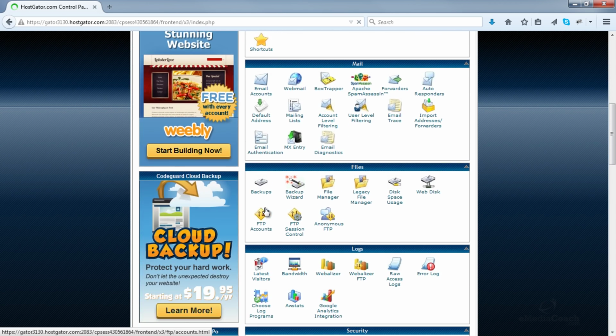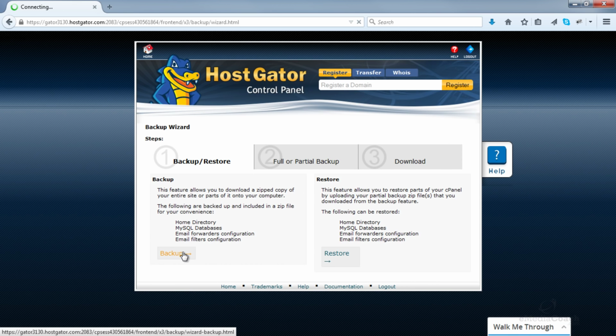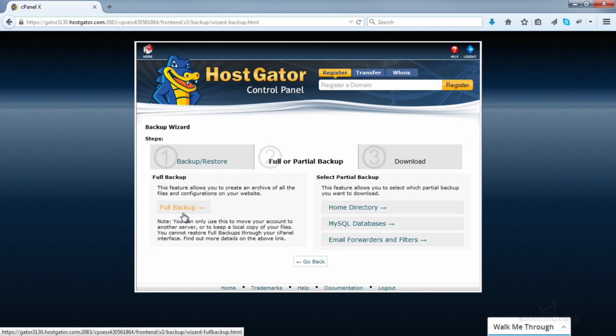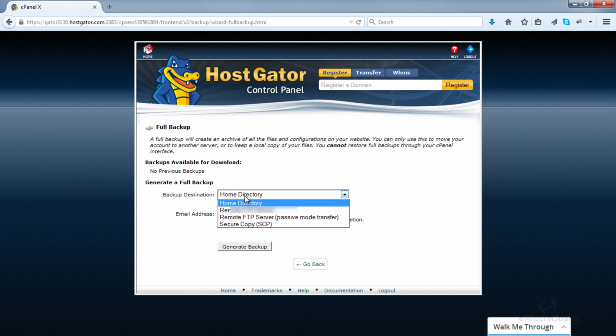Scroll down and click on Backup Wizard. Backup. Full backup. Leave this as home directory and click Generate Backup.